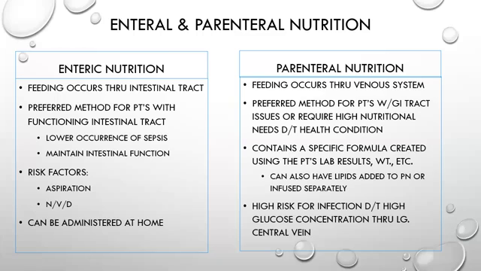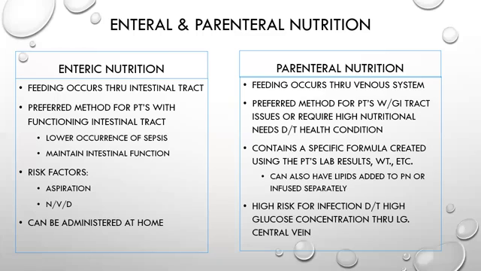We have to check their skin condition, make sure that if it's a G tube and they have a surgical opening, that it doesn't look infected. We check their laboratory values, especially their glucose, right? Their BUN, which is another indicator of kidney function, and we check their electrolytes as well. This allows us to detect complications that affect metabolism or fluid and electrolyte imbalance, right? Sometimes feedings may need to be increased or decreased depending on the patient's changing clinical condition.